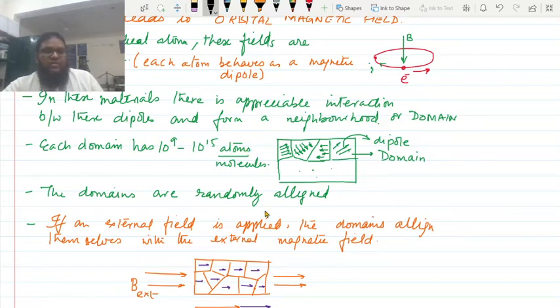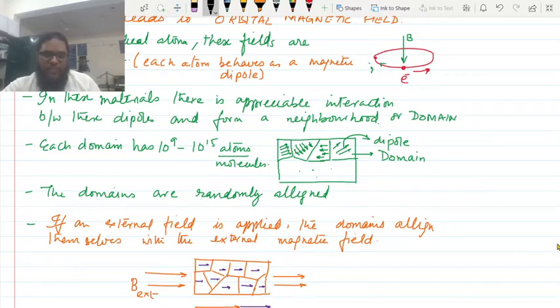So the domains are randomly aligned when no external field is applied, but each atom will be aligned in the same direction within each domain. Now when we apply an external field, they will try to align according to the external magnetic field, and as we go on increasing the magnetic field,